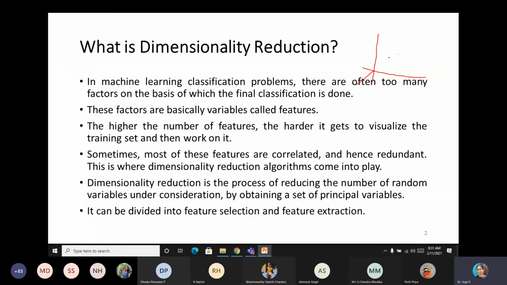So what is the reason for reducing this dimension? When the number of features increases, it doesn't give good results. Instead, the accuracy sometimes may reduce because we will be having some unnecessary or irrelevant or redundant features in the data set, which are trying to pull down the accuracy. So we have to remove the irrelevant features, or the features that are not contributing much to the classification accuracy. That process is called dimensionality reduction.